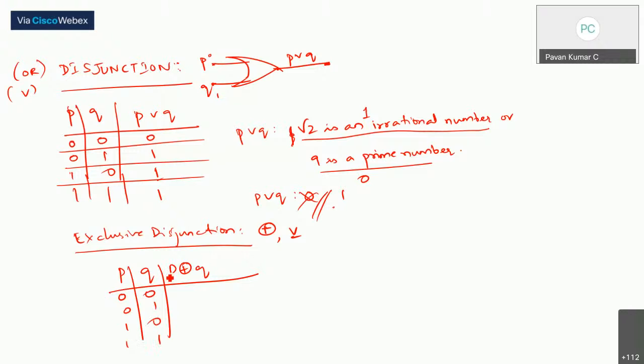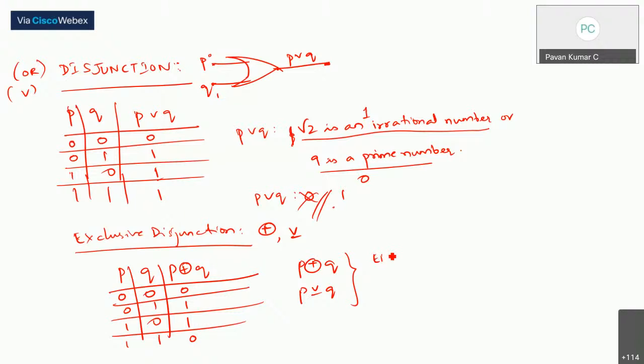So how does it work is, if both of them are false, then their compound truth value is false. If either of them is true, then their value evaluates to 1. Okay, so if I use the same notion over here, taking the same example, I can represent this by this symbol or by this symbol. What I can see is, if I write a statement, how do we write this in the word form? Then I will write this as either